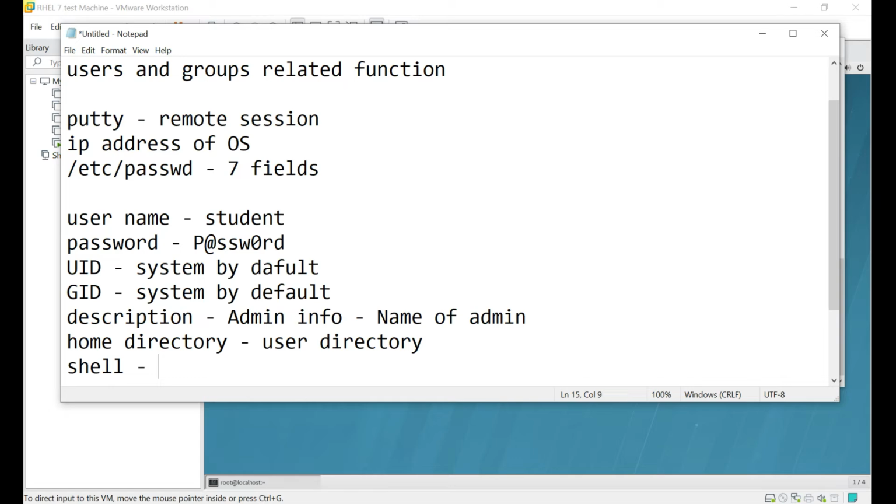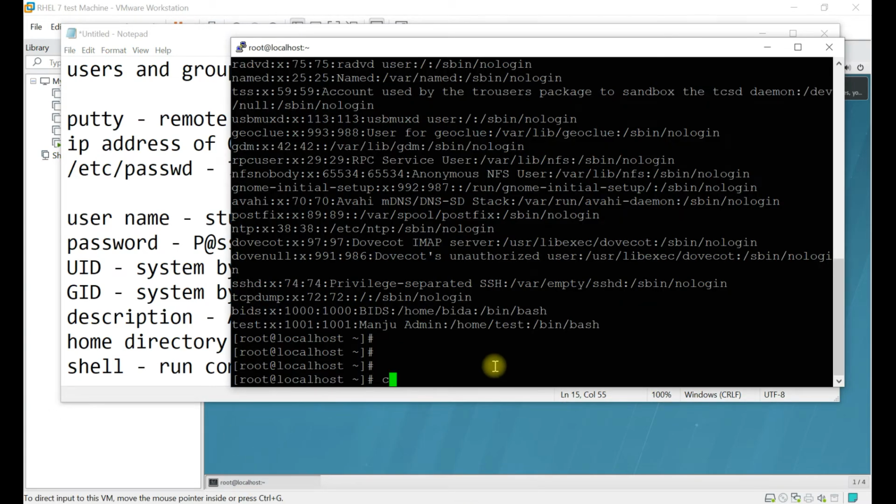Next is shell. Shell is a way to run the command, where you give input and system will give output. So just we will do one example here. So cat /etc/passwd, cat is used to see the content of a file.